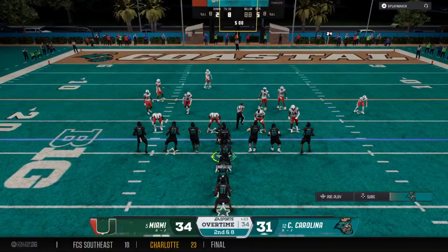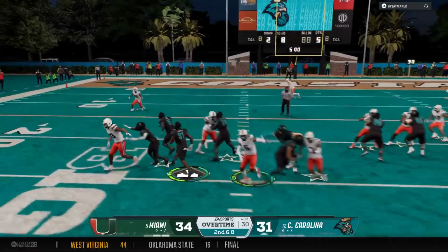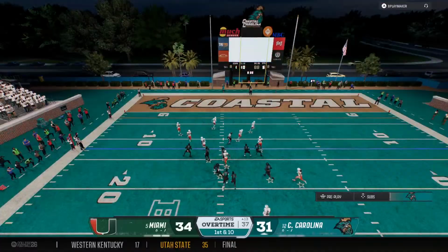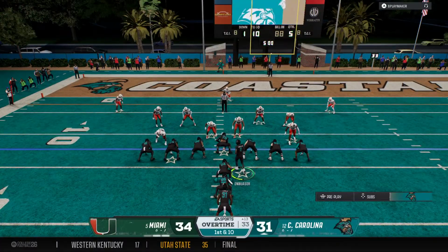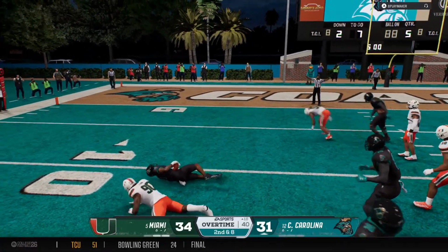Getting set. Here's 2nd down. On the ground, it's Turner. Bring it down to the 13. This offense really threatening now to score. It'll be first down. And the Chanticleers hustle to the line to run the hurry up. He'll hand it off. It's a 2-yard gain. 2nd